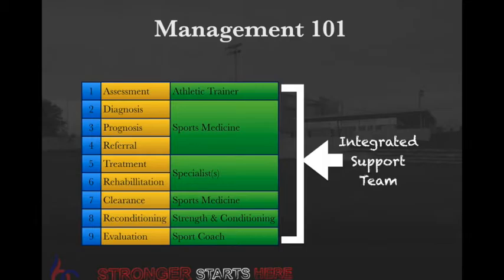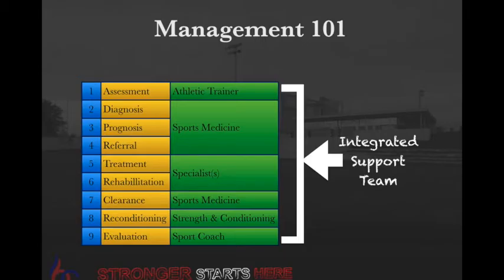And starting with assessment, hopefully that happens from somebody like an athletic trainer on the bench for a team. Could just be a paramedic on the field. But we're looking for somebody who's qualified to make a good assessment based on what might be a potential injury. But the athletic trainer's job is not to diagnose. Following an assessment and a decision that, okay, this person needs to be looked at, it's really time for the athlete to go see somebody in the sports medicine profession who can accurately diagnose, hopefully identify the cause or prognosis, and then create a referral for that athlete.